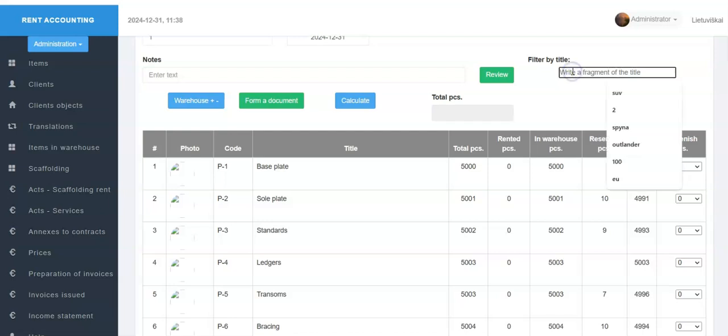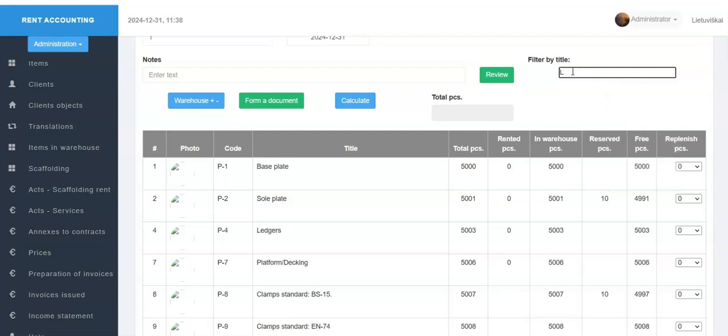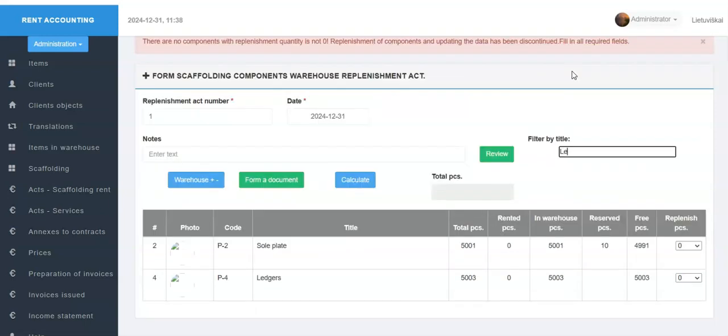For example, in the appropriate box, we start entering the title, and only components with corresponding text in their titles remain in the list.